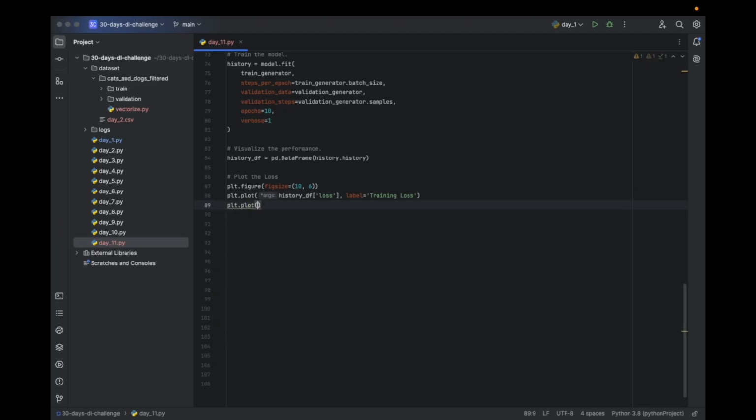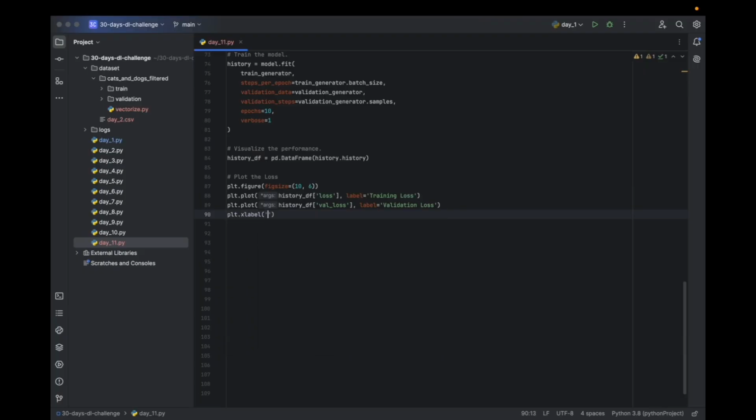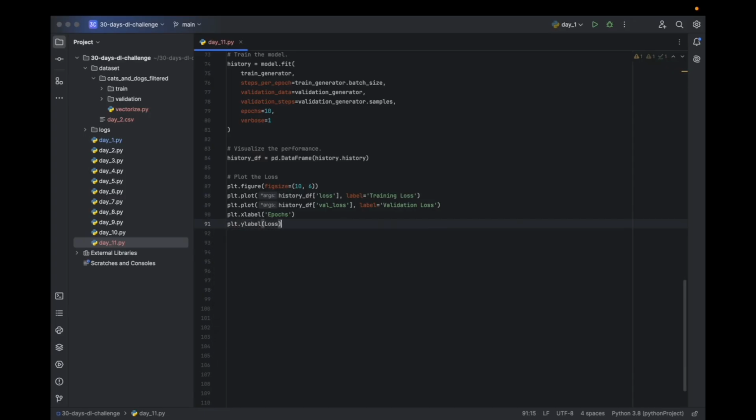Then we will plot the validation loss. Label is going to be validation loss. Then the x-axis represents epochs, and the y-axis is for the loss and should be in the form of a string. And then the title is, we are looking at the